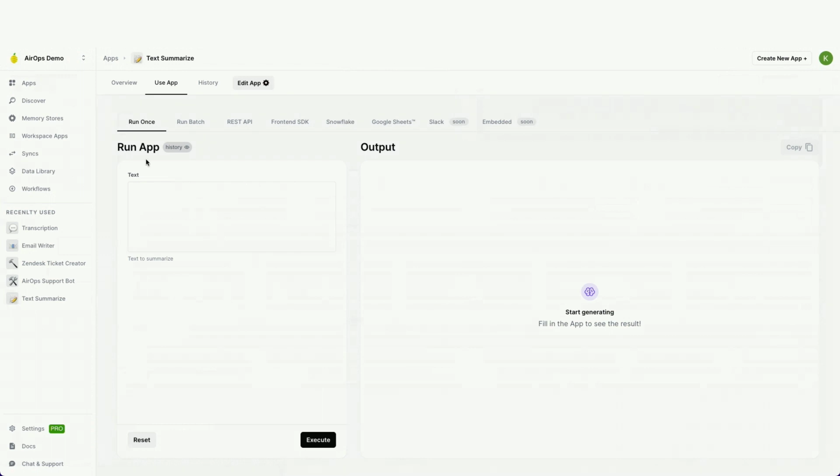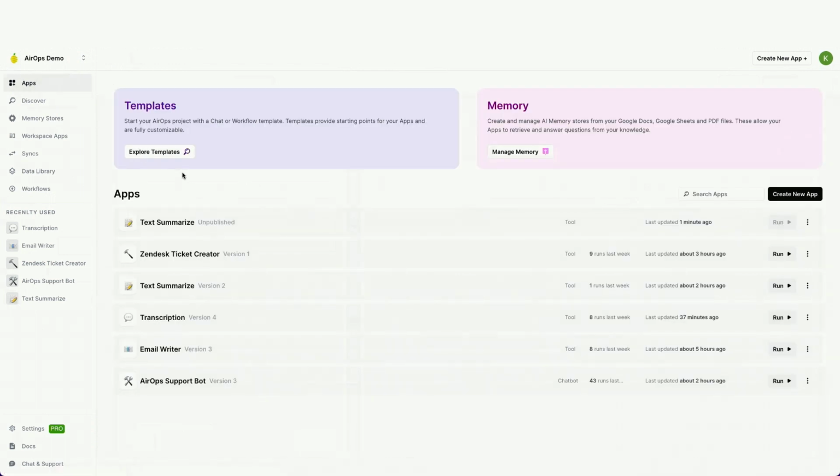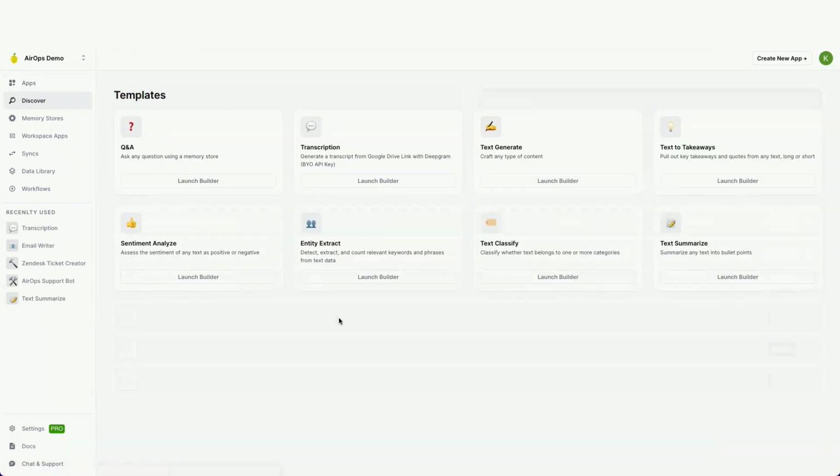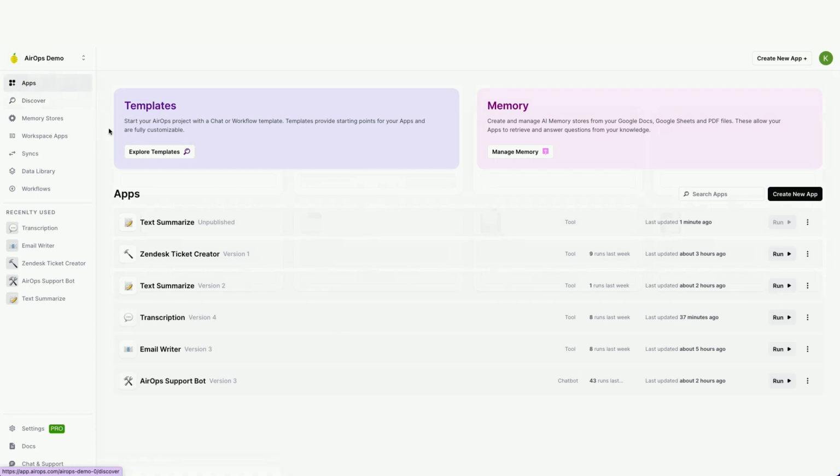But then where it becomes really interesting is when I take that tool and integrate it into other things and go further. So I kind of mentioned earlier, the next evolution of a tool is a workflow. A workflow, again, can contain multiple steps, and these steps can do a lot of different things. An example that we see pretty common for a workflow starts with text as well. One of the ones that we've had a lot of customers explore is transcription. So if I'm building a transcription workflow,